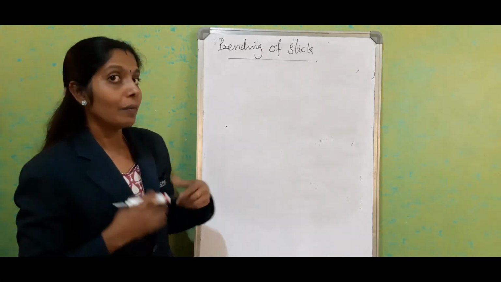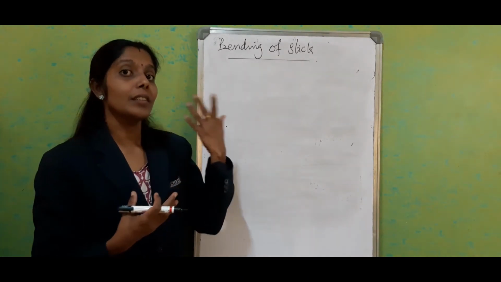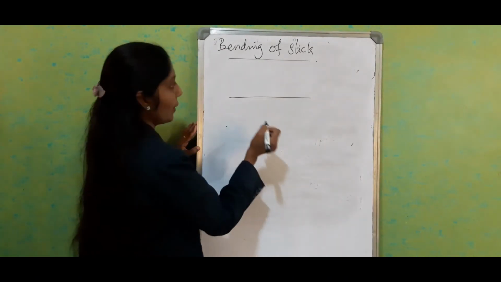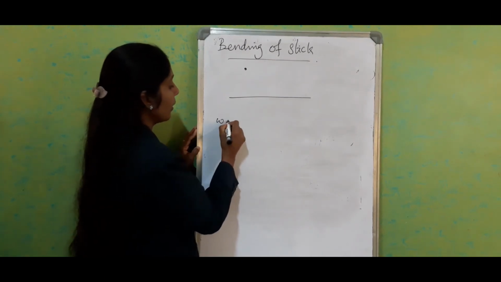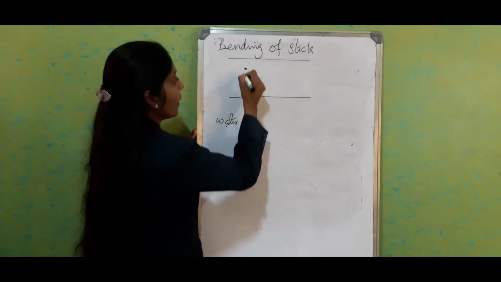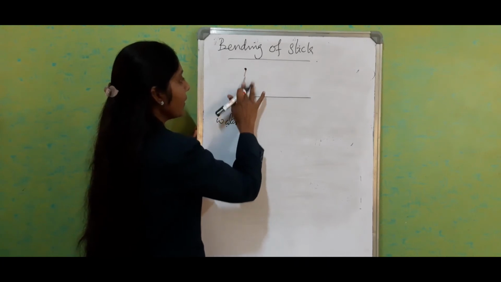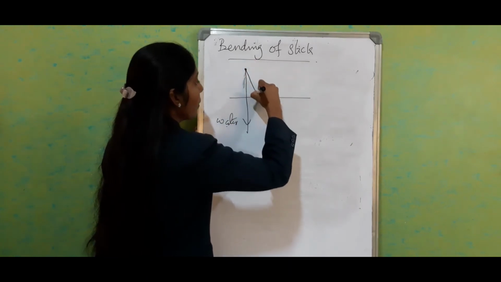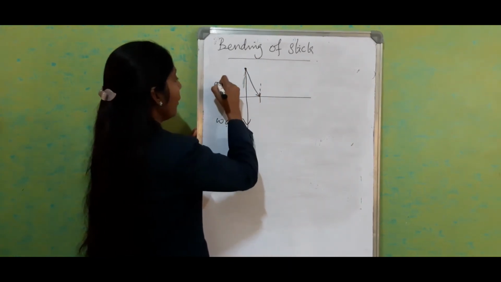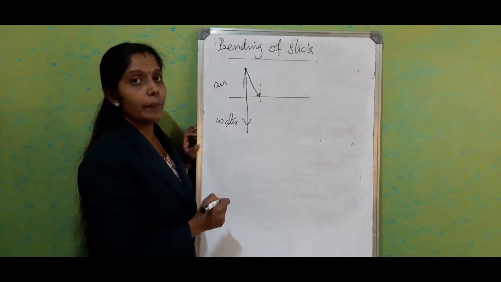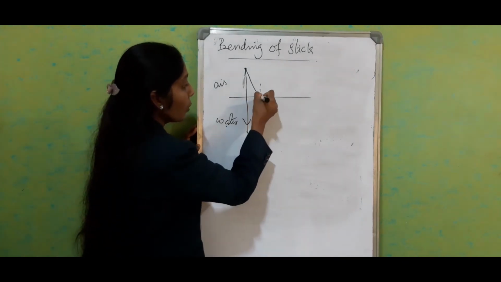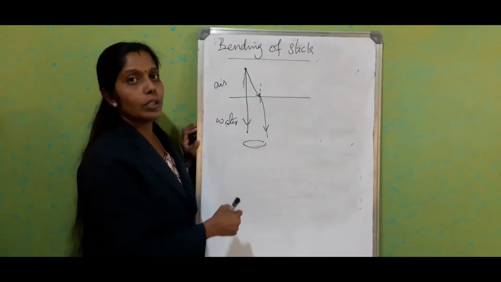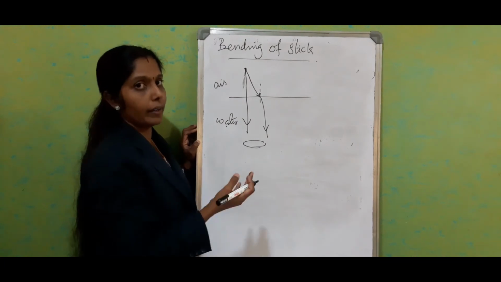Now when we watch from denser to the rarer medium, how does it change? Just imagine you are inside the water and here we have the object. This is water and this is the object. In the same way, two lines we will draw, two rays. One goes undeviated, another ray comes over here. What happens? It's traveling from rarer to denser medium, so it bends towards the normal, right? You are here and watching the object which is above the water or in the air.